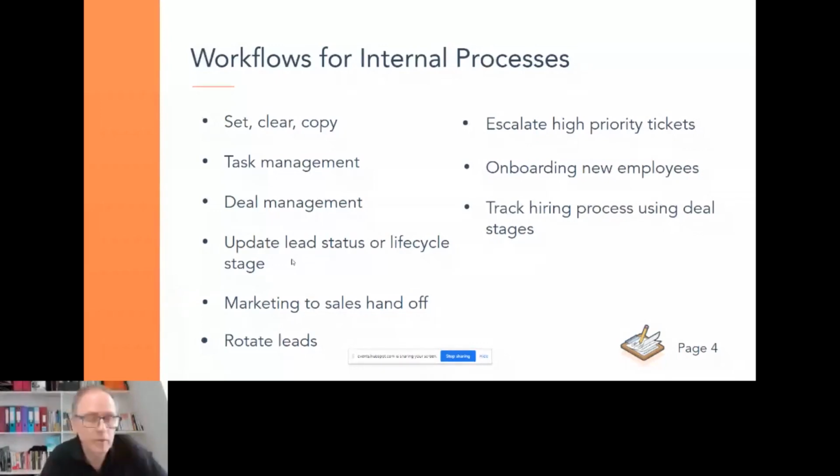So for example, if you have an address field which is associated with a company, you might want to have a workflow which sets that address to all of the contacts who are associated with that company, presuming that there is just one physical address, so you don't have their home address in there, for example, unless that's what you want. Task management is a really, really useful task when processes or deals or tickets move from different stages, or